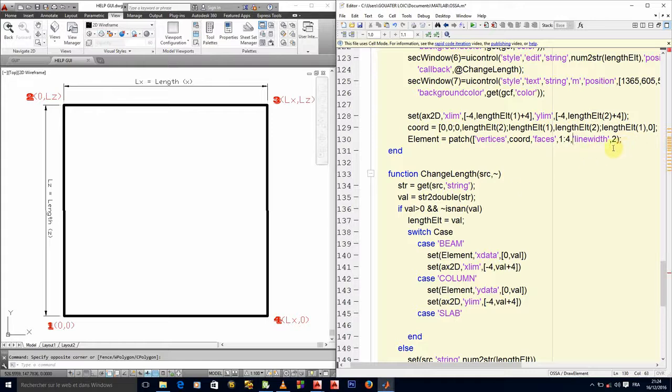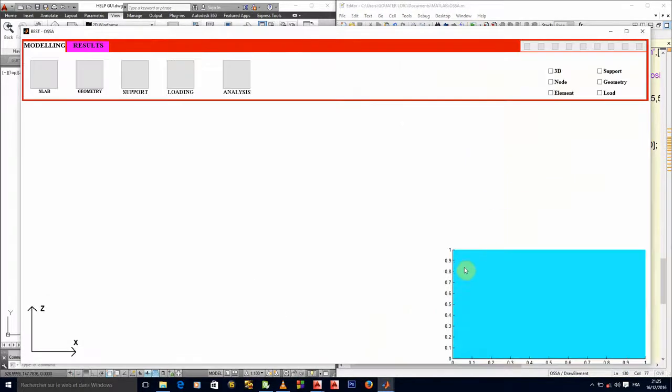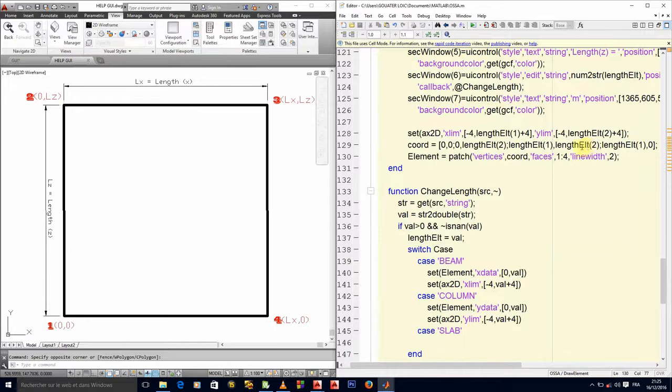Oh, there's a red somewhere. What's happening? Okay, I think we can already try that. Yes, let's just try. There will be a mistake, because there is no length element of 2 as of yet.